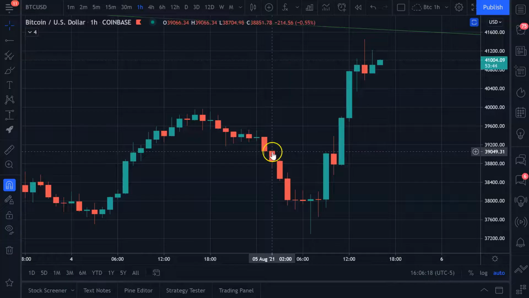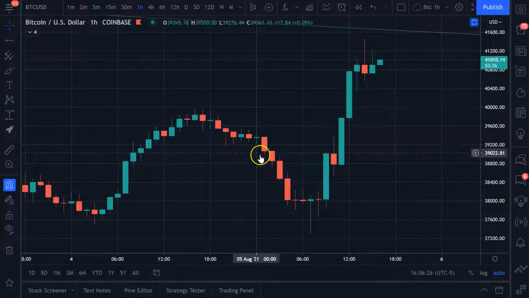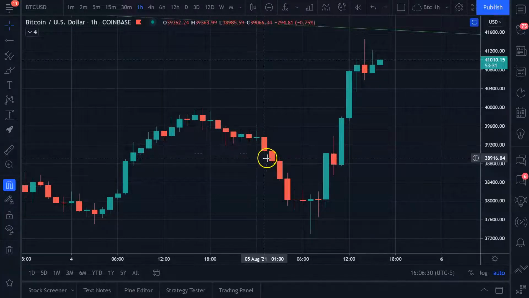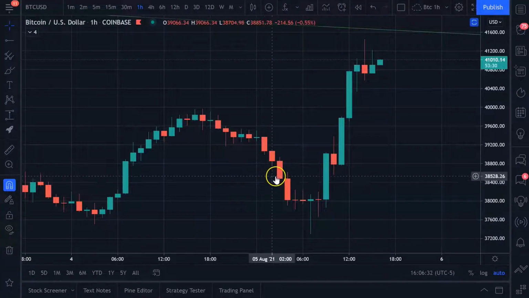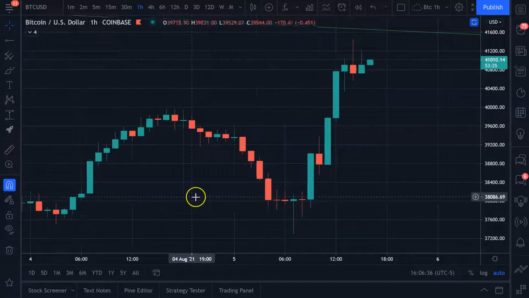Essentially what I'm looking for is tails and wicks to kind of paint a picture for me. Right? So when this falls down, it puts in a tail. Okay, so here's a little bit of demand here, but the next candle takes the tail out. All right, obviously not that much demand. Another tail, but it gets taken out. A tiny little tail, not worth anything. Tiny little tail, not worth anything. But here you go. Look at this.